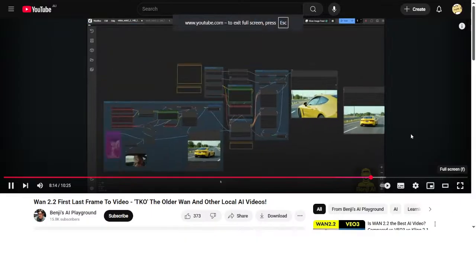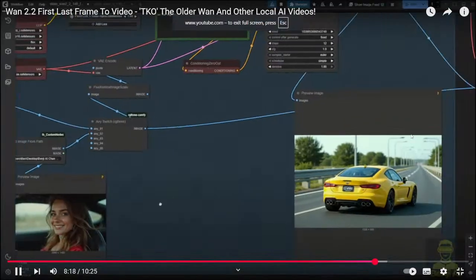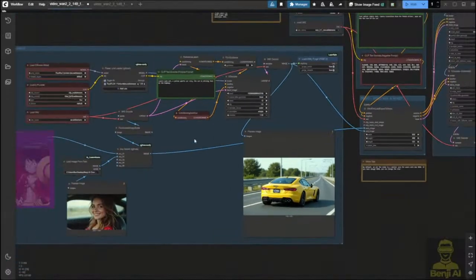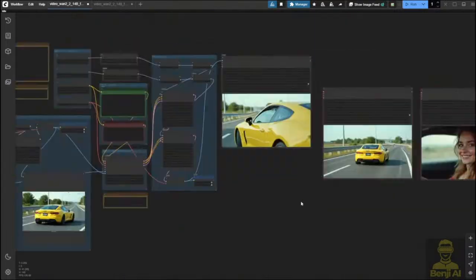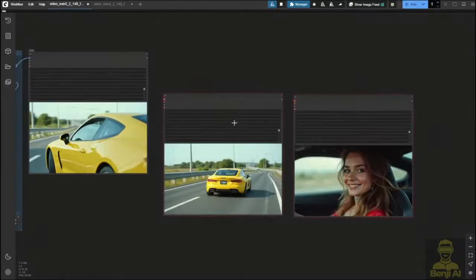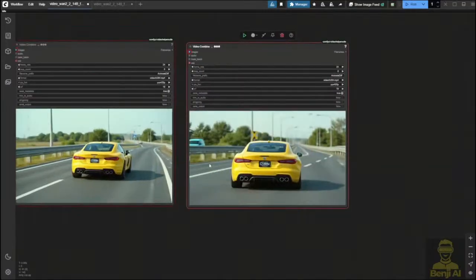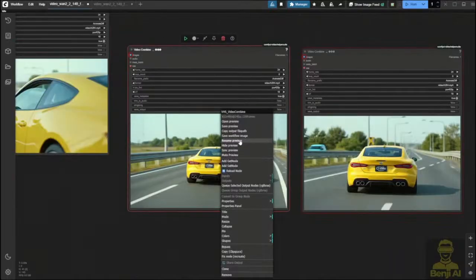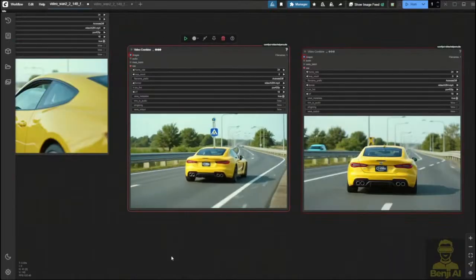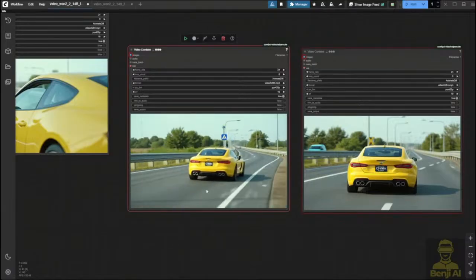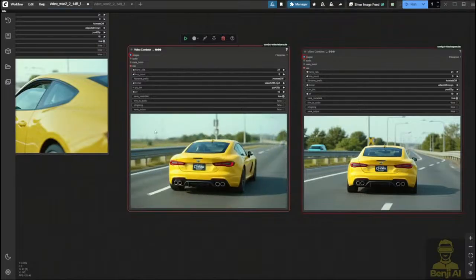And here's another example I was trying. I have the driver, and the end frame is a sports car. I did see a similar video shot before in the WAN 2.1 first and last frame. I'm trying here again with the 2.2, which, as you can see, I have tried a few times. The first time didn't go quite well, where it had a sudden change of the frames, which is not good. And the second time, I did modify the prompts a little, doing a fast motion shot, but the direction was going wrong for the AI to make the camera shot of this. And then this time,